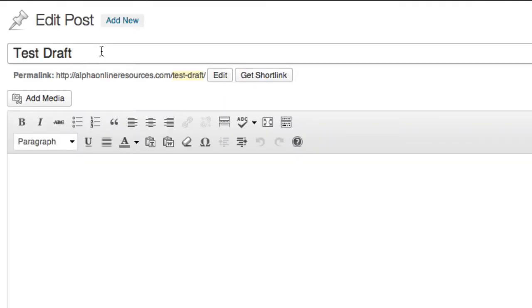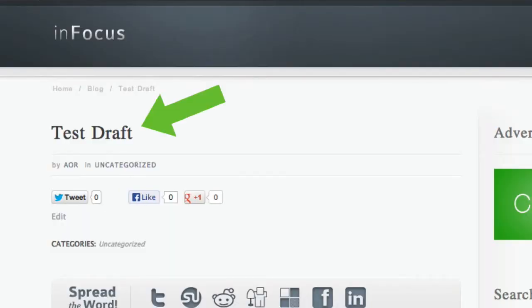Now, most blogs are set up to automatically display the title of your post as the H1 heading on the page. The title is what you enter here. And if I view this post on the website, you can see that the title is also my primary heading, which in this case is an H2, but most blogs display it automatically as an H1. So what does that mean? Well, it means that you generally don't have to add a main heading to your blog post,